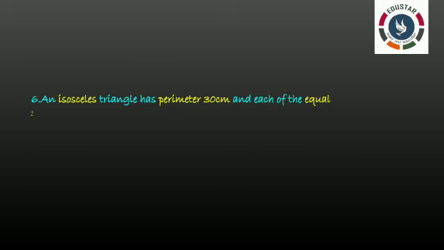And last question of your homework sum is question number 6. An isosceles triangle has perimeter 30 centimeter and each of its equal side is 12 centimeter. Find the area of the triangle. So what do you mean by isosceles triangle? A triangle having two equal sides is known as what? Isosceles triangle. In question, they have given what? Equal sides as 12 centimeter. So, you are having two sides now and perimeter you are having. So, find the third side and apply in Heron's formula and find the area of the triangle.